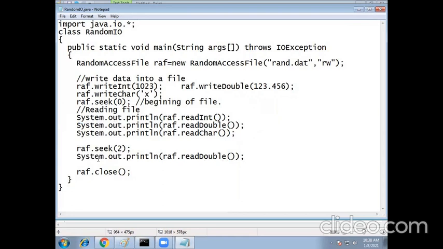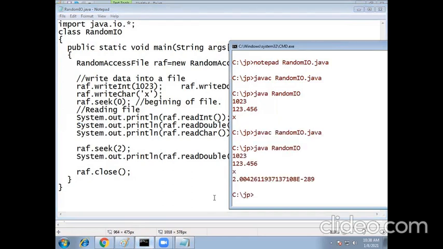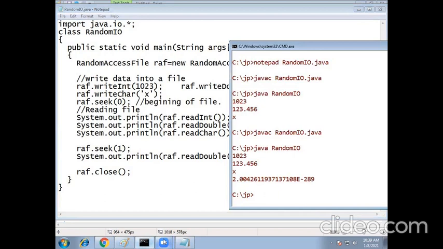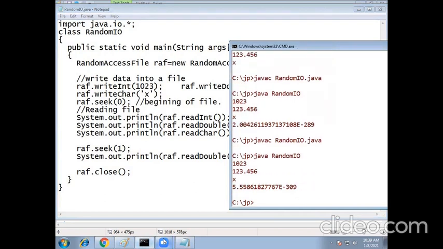Now print RAF dot readDouble. Now let us compile the code and execute the code.